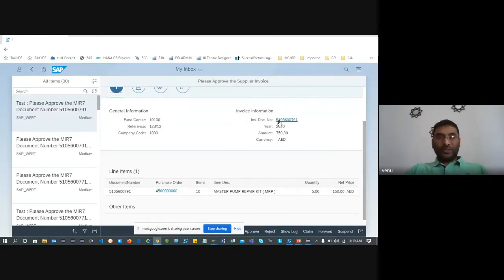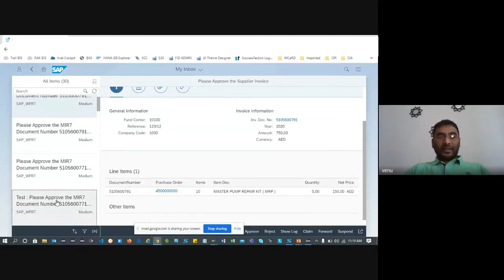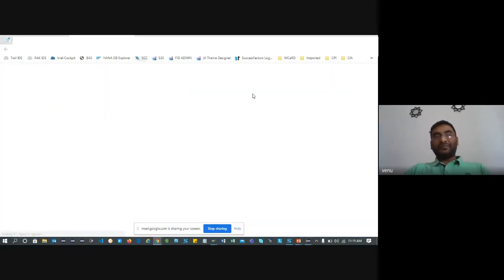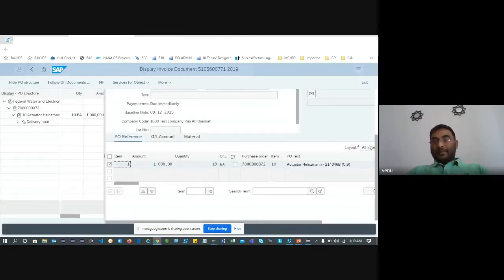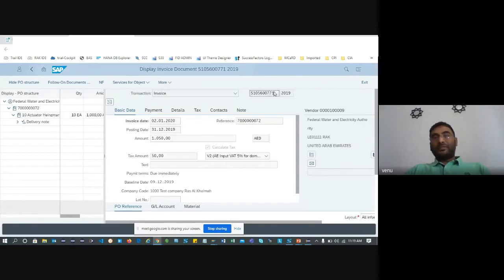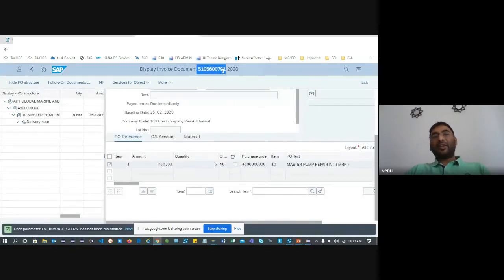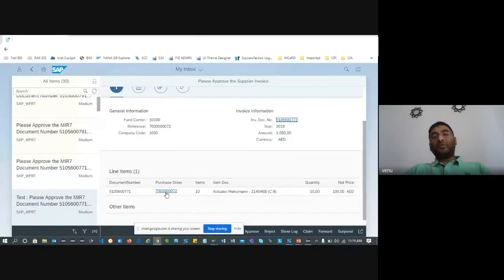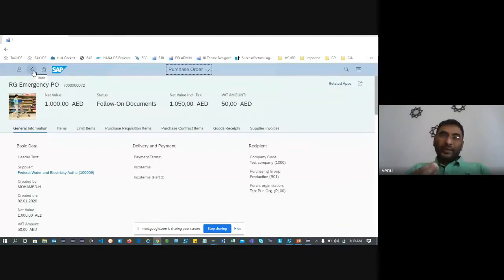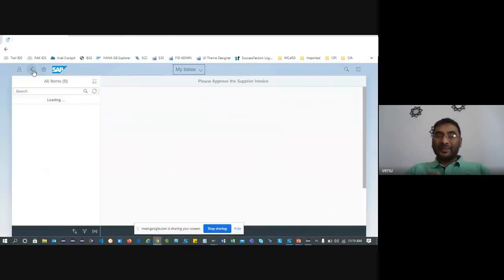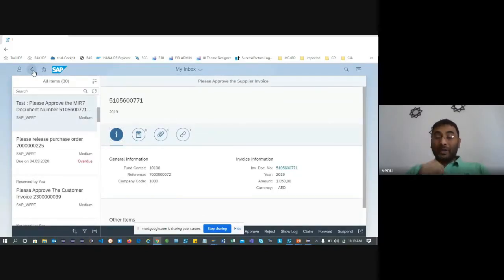I'll show you this. Invoice number, and if I click on this, the MIR7 application, now you see the invoice number of this, and now my purchase order. This is my invoice number 771, and the earlier one was invoice number 791. My purchase order earlier was 4 followed by all zeros and 72. There are many features actually. It's a small area, I'm just showing that it's a very tiny area we can cover in this short time, but you have a huge scope.